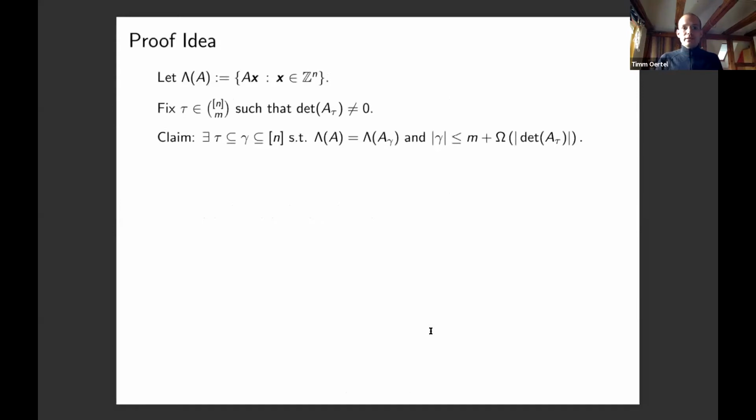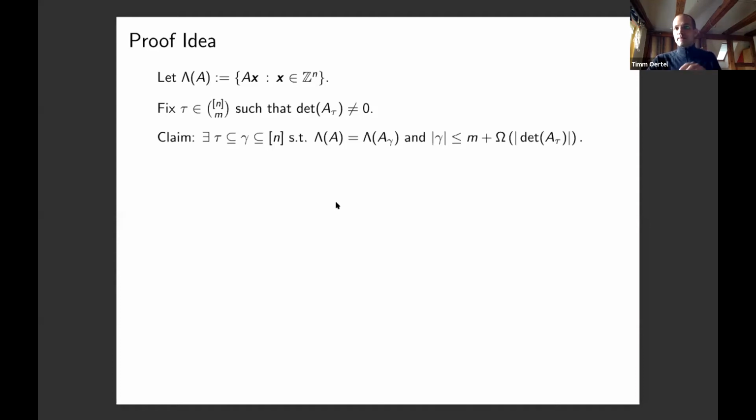And for that, we actually prove something slightly different. So again, as above, I just want to denote lambda of A just as the lattice spanned by A. And now I'm just going to fix a subset tau of the indices 1 to n, and I'm assuming that the corresponding minor A of tau is non-zero, so it's non-trivial. And what I now claim is that there exists a superset gamma of tau and a subset of the indices 1 to n, such that the lattice of A is equal to the lattice of A gamma,